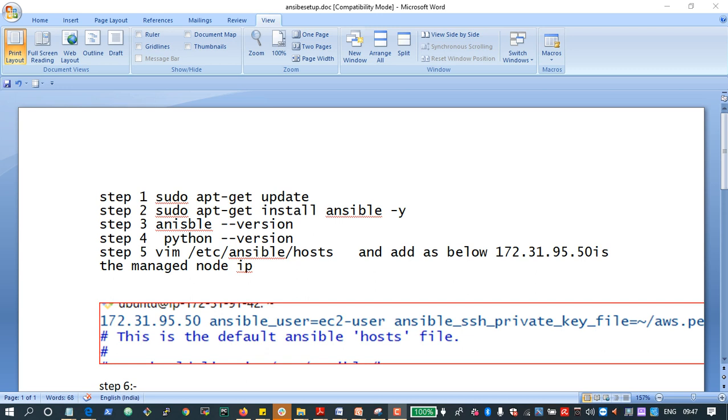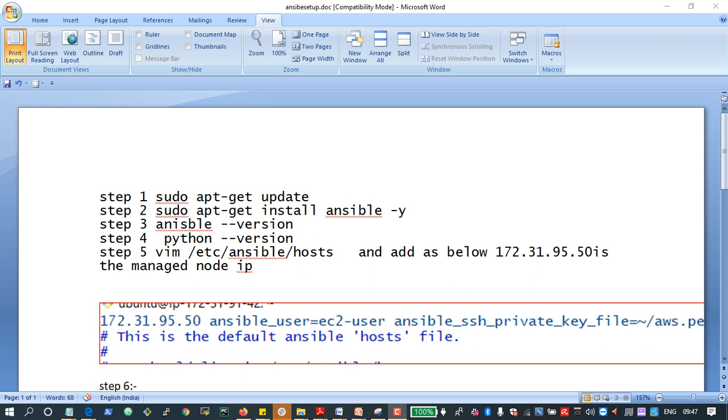Once you install Python and Ansible, you can go into the VM, /etc/ansible/hosts, and in my case I have added this IP as the managed node. The basic concept of Ansible is that it works by the push method, so no agent is required for configuring the control machine and the managed nodes.